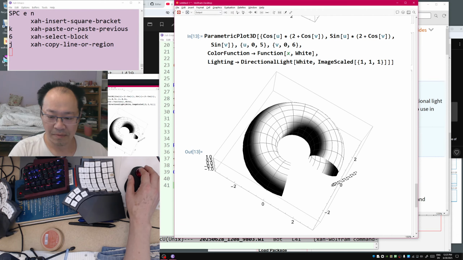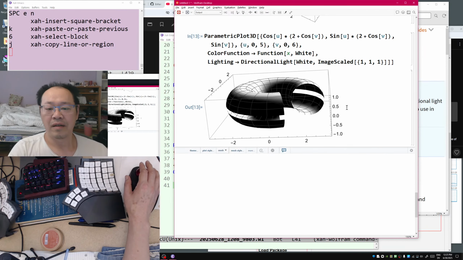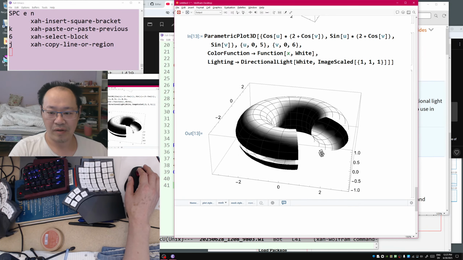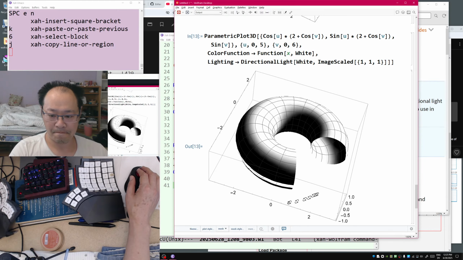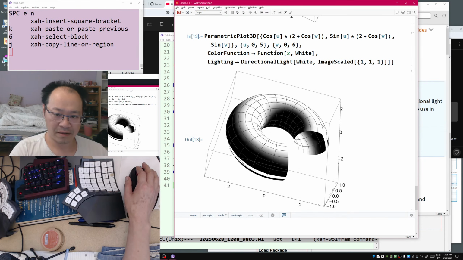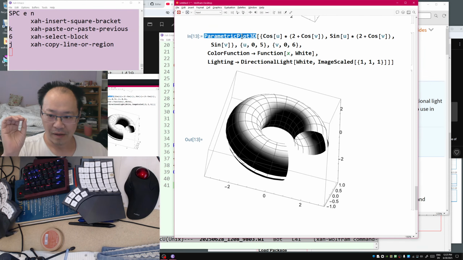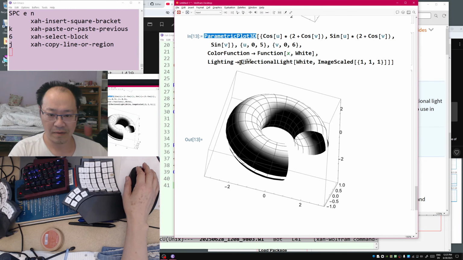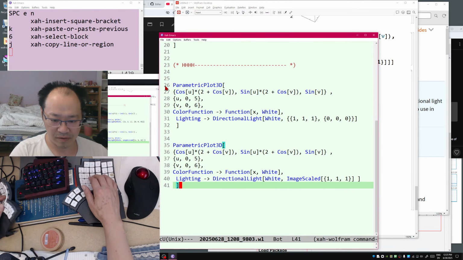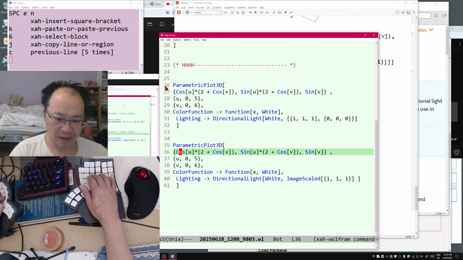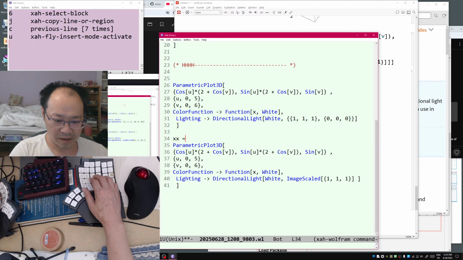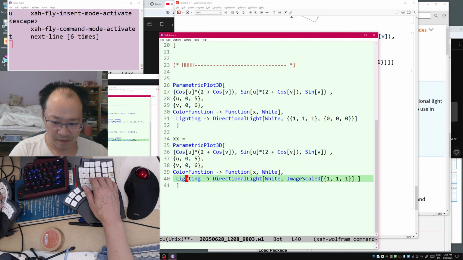Wait, that's not happening. Oh, I kind of know why. The reason is that we are using ParametricPlot. When you use ParametricPlot, it kind of just fixes it. So let me try to get it to work. I can't be sure it will work, but